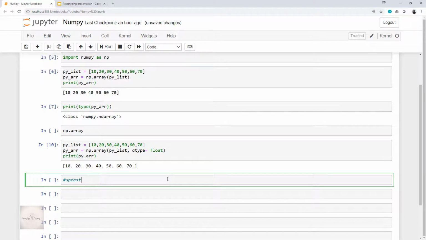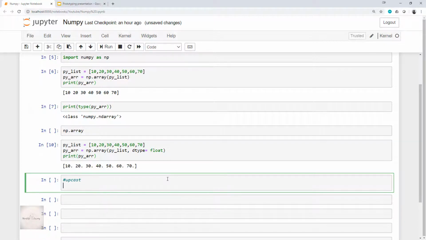So now to illustrate the same, I'll write some code so that you can understand it very properly. Okay, so pylist is equal to, I'll enter some numbers like 3.14 and 2, 4, 6.12 and 8 and 10.